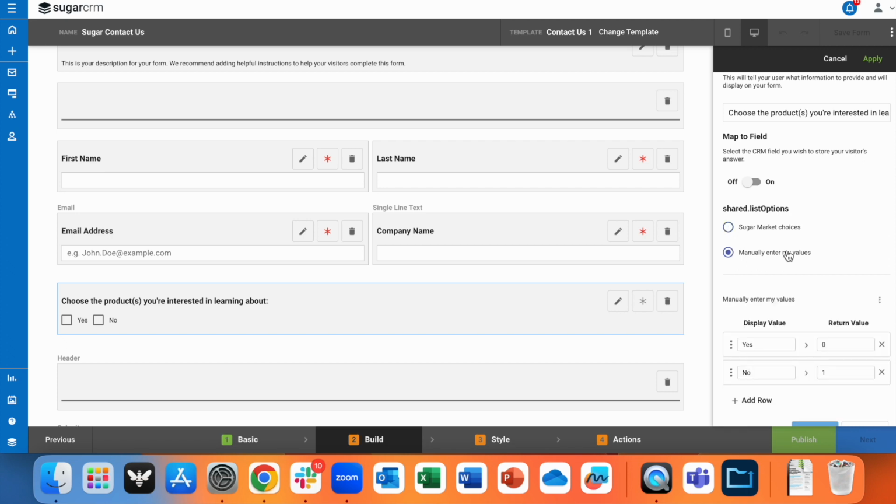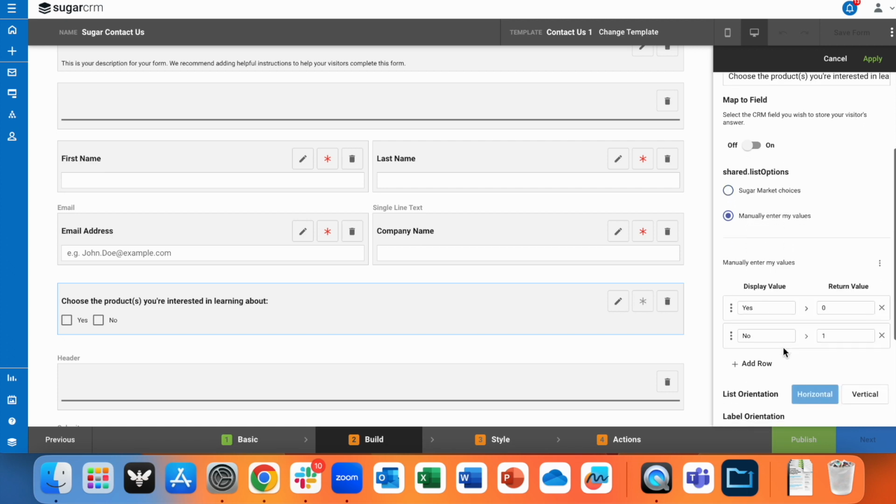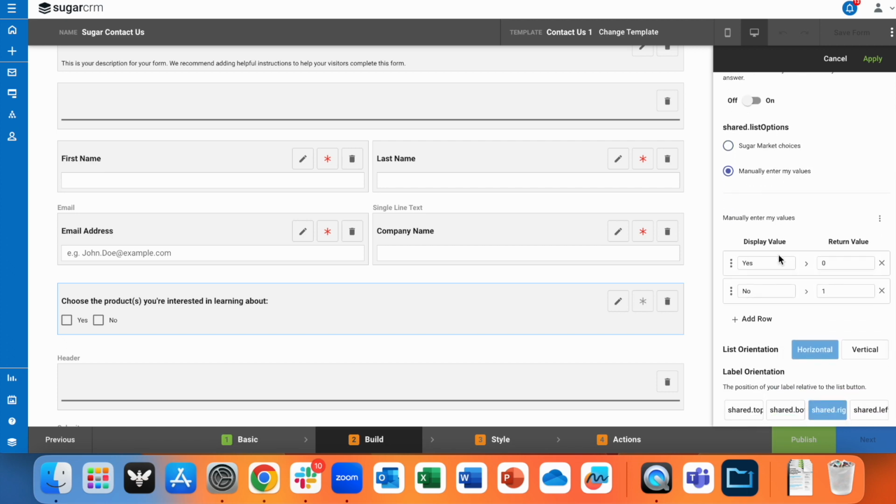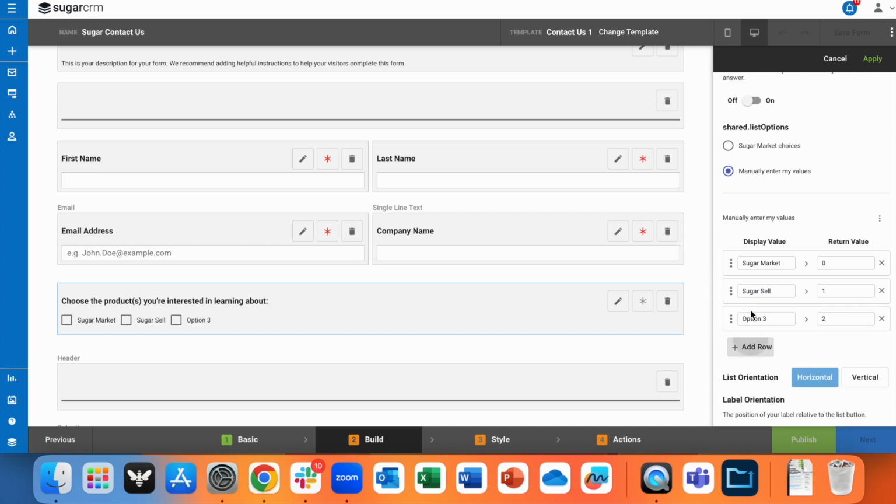Next are manual choices that are my own custom values I'll enter myself. And here we'll need to update the display and return values separately, but we're going to start by updating the display values first. I can add additional rows by selecting the plus sign that says Add Row next to it. And once I'm done adding my value choices in the display column, I can click into the context menu above